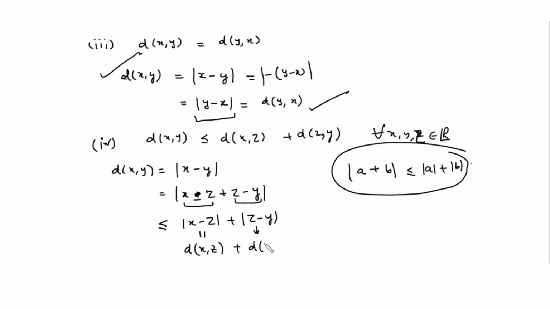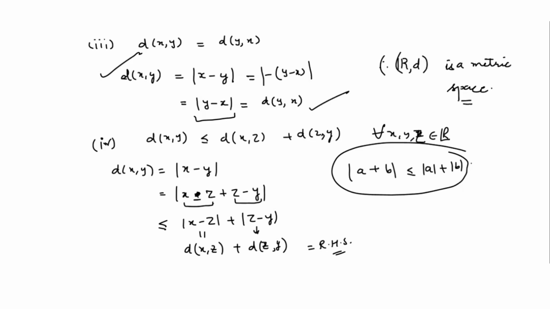This is nothing but d of z comma y, and this is your right hand side. So again, this d satisfies all the four properties of a metric. Therefore, R with this d is a metric space,